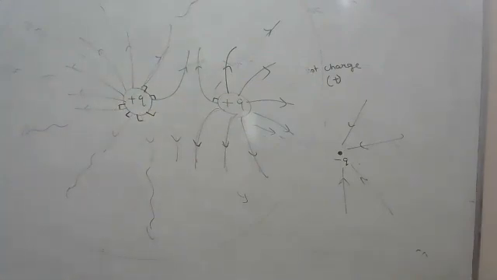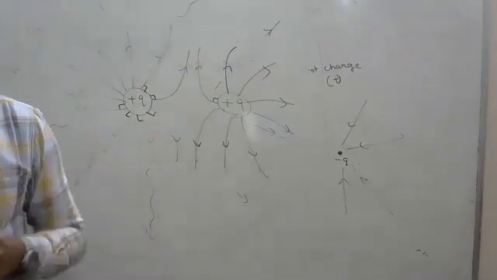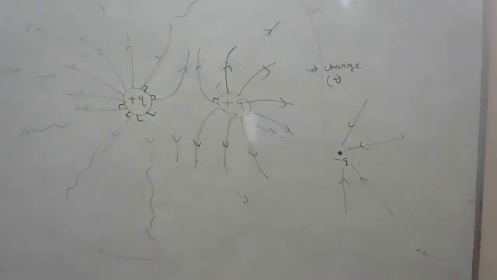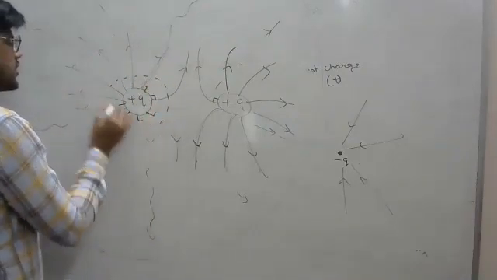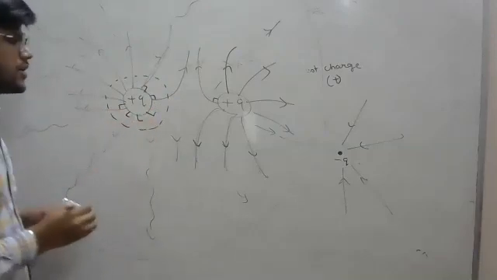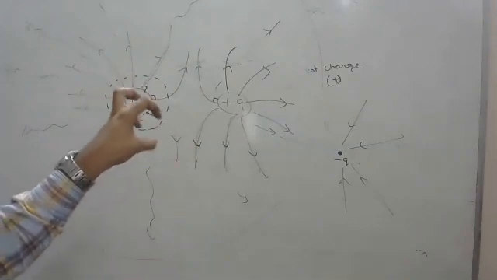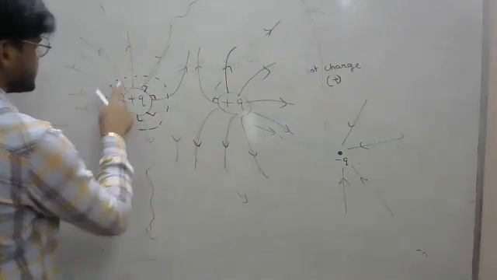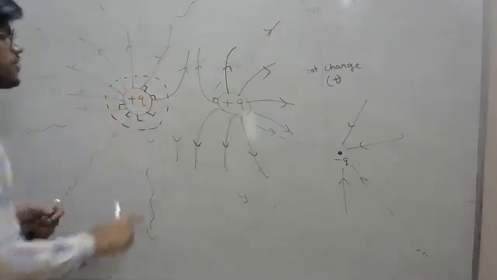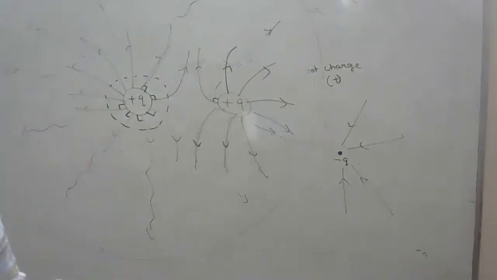Electrical field lines also represent the strength of force. How? So here you can see the area which is near to the charge. There the electrical field lines are very close to each other. Whenever electrical field lines are close to each other, it is considered as a strong field, and a greater amount of force will be applied here.